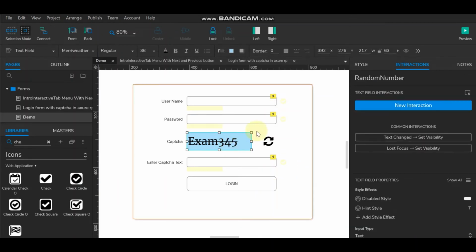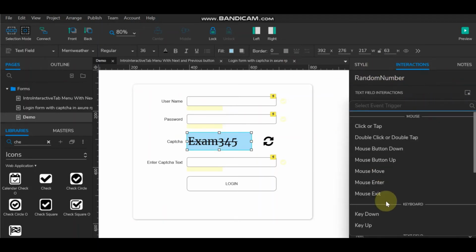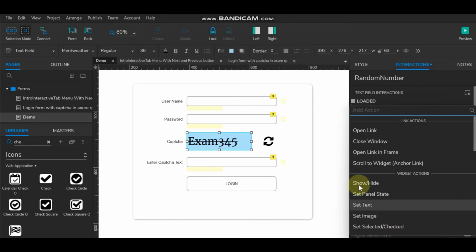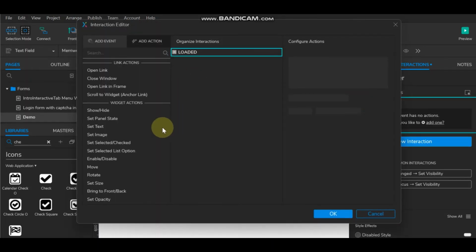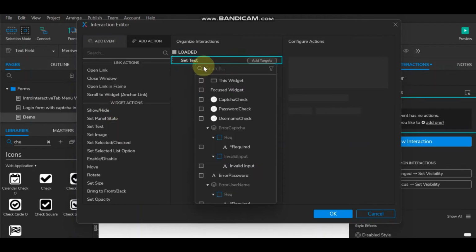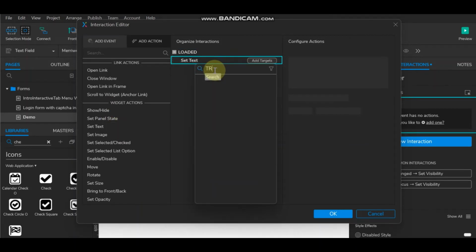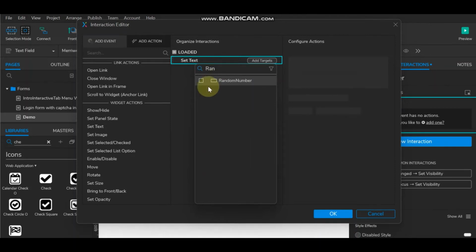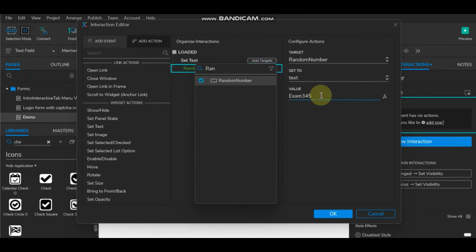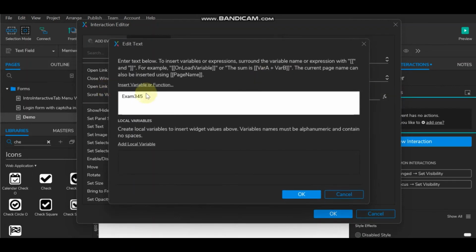First we'll select this, and here we are going to load and say set text on the random number, and the value will be something like this. So what is this function? Here this is the math